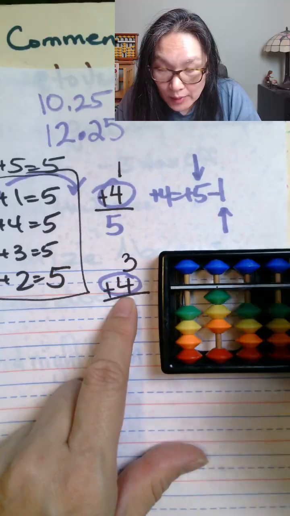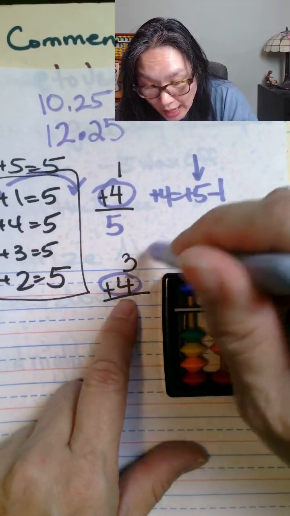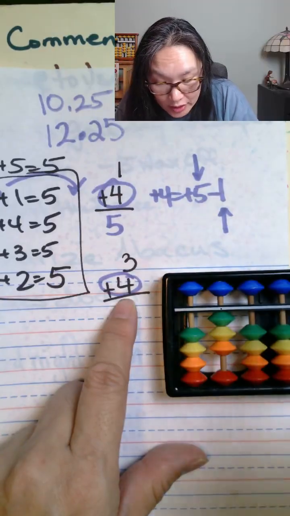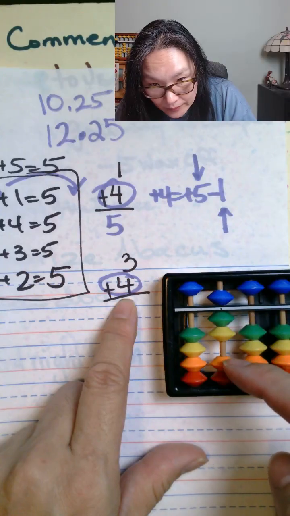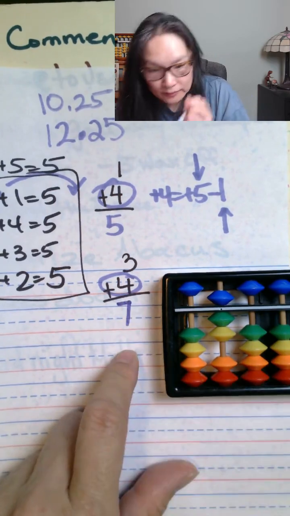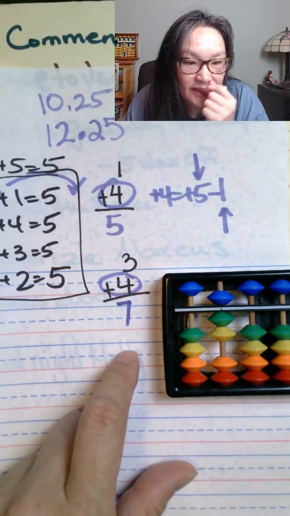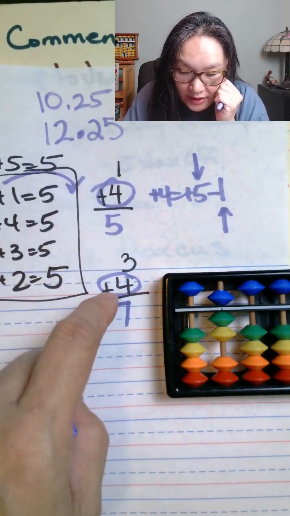To be logical about it, we're going to utilize what we already know. We know how to add a 4. All we need to do is add the 5 and take away the 1. So my answer is 7. Make sense? So what we're trying to do is we're trying to understand